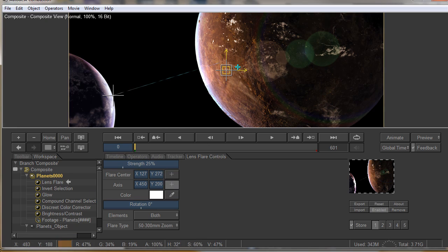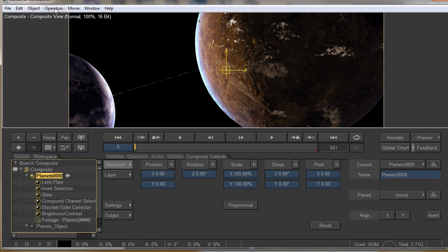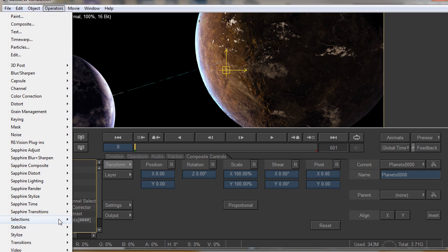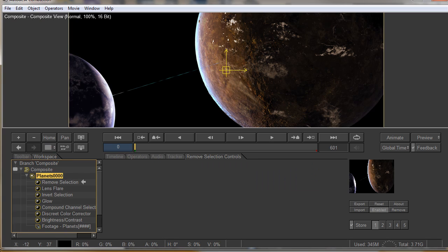and the other one can stay there, but I just like to have the center of flare, and we'll have not so much power, and we'll have the 50. So you see that we are touching a little bit the look there. Okay, let's remove the selection. So selection and remove selection,